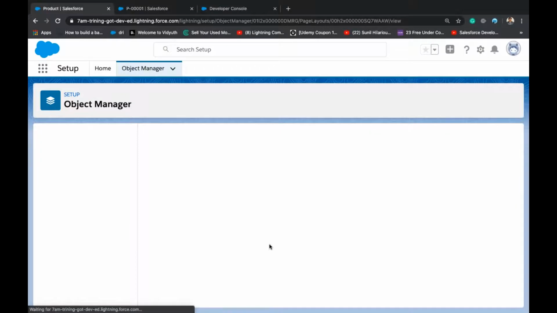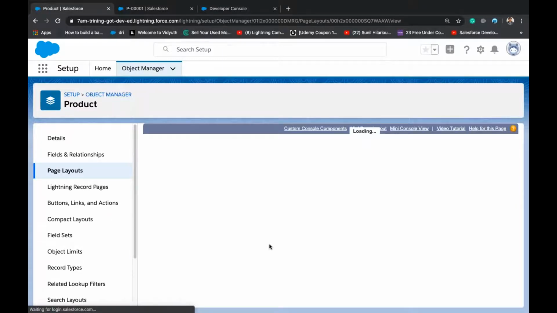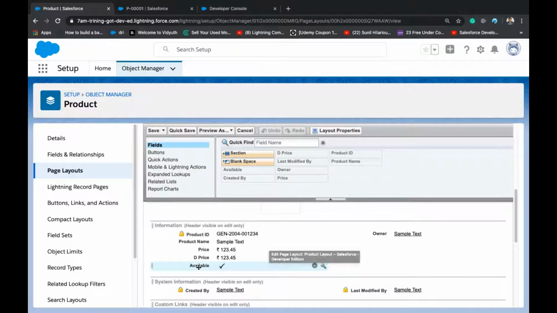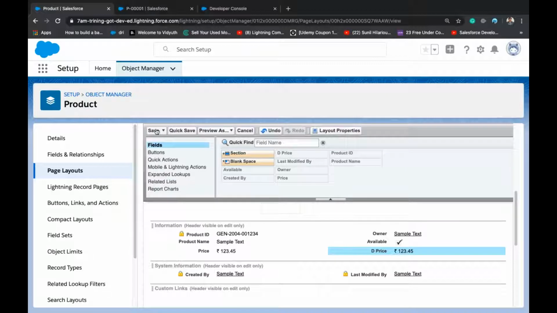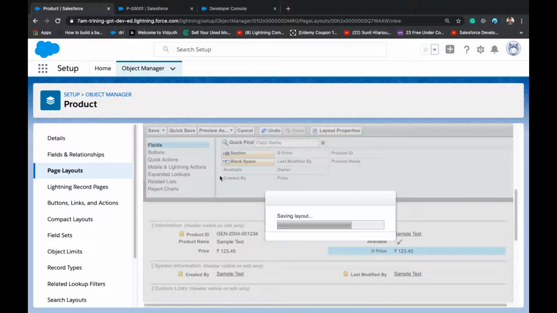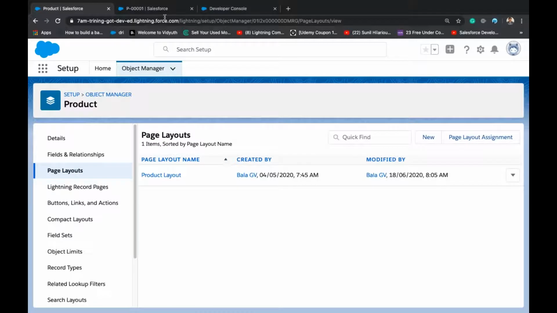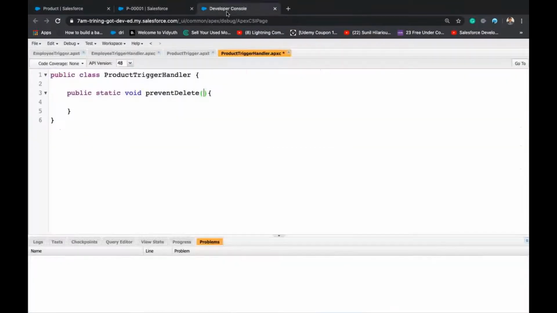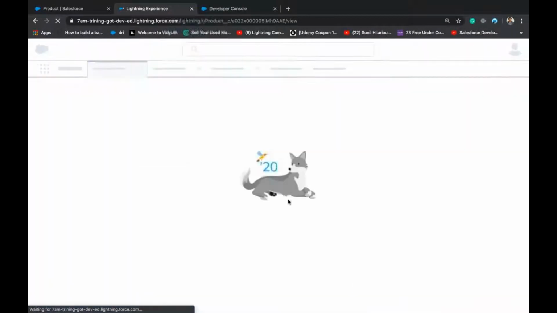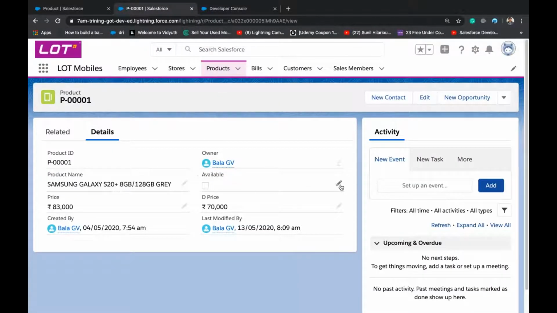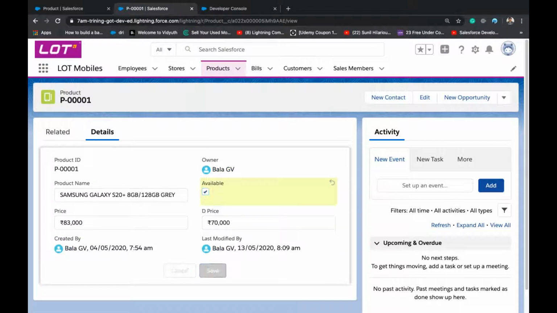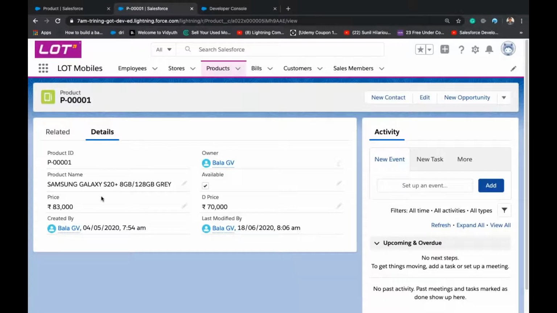So let me change the layout as well, to keep it here. Okay, now we can also do inline edit, right? So let's make this product available.